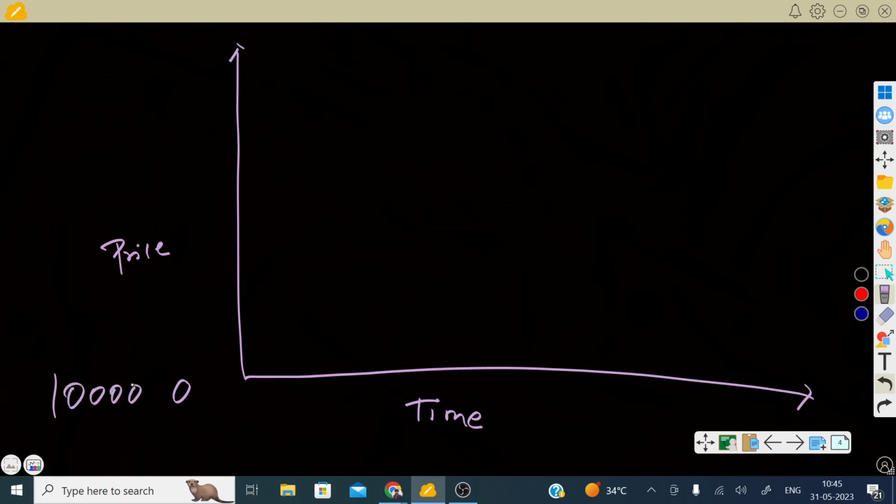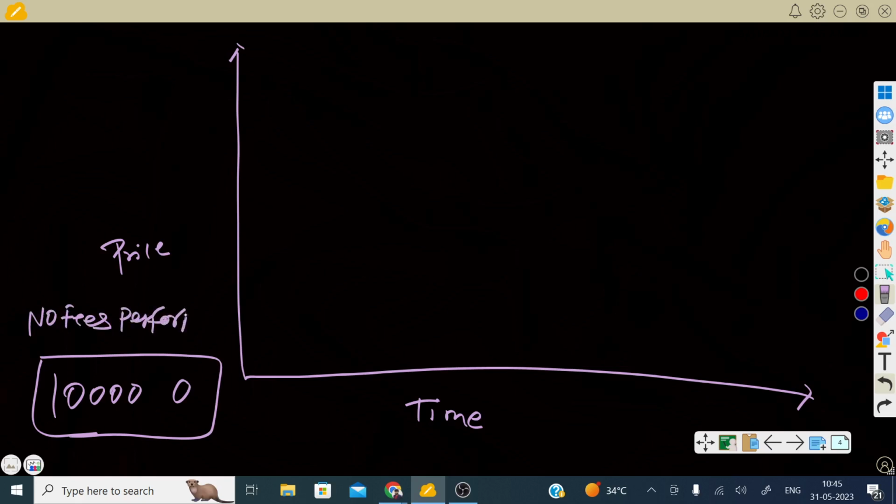So invested capital becomes your initial investment, right? And nobody pays the incentive fees on initial capital, right? No fees, no performance fees. Let's say here price becomes